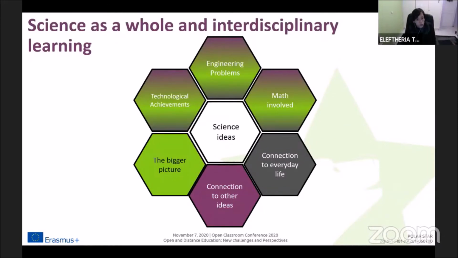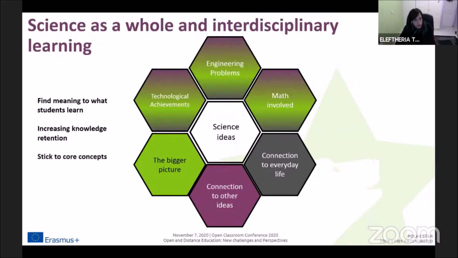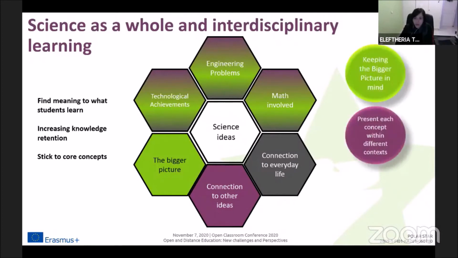We connect what we teach to other things that students learn through other science disciplines, and we connect it to everyday life. And we do all that because that's how we feel that students will find meaning to what they learn, because we believe that this will increase their knowledge and retention, and because we think that this will help them stick to the core concepts. And in Polar Star, like I said, we do that using 3 tools: the bigger picture in mind, different contexts of concepts, and